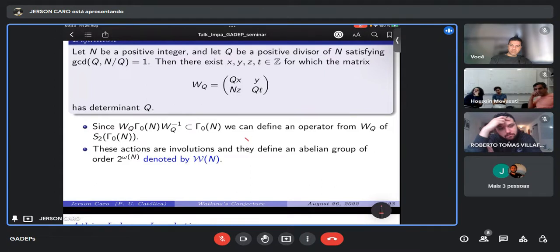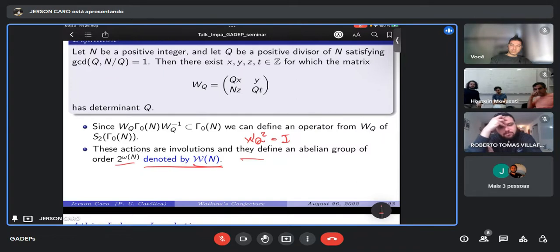When you take the square of any of those, it is the identity operator. And the good thing is that all of those involutions define an abelian group. They commute, and this group is called the group of Atkin-Lehner involutions, and it's denoted by W_N, and has